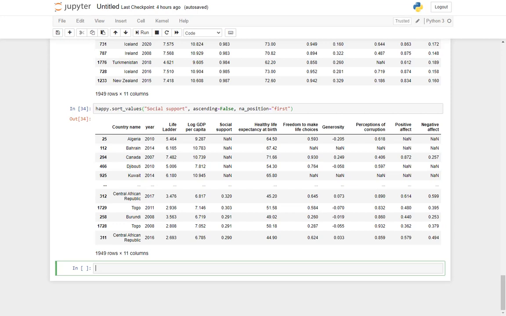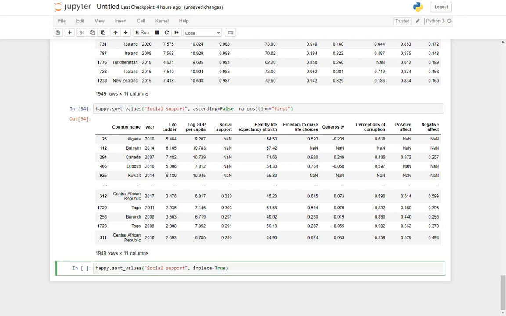let's say sort, sorry, not sort, it is social support. The spelling is wrong. Social support, comma, inplace. The keyword is inplace, that I'll give true.